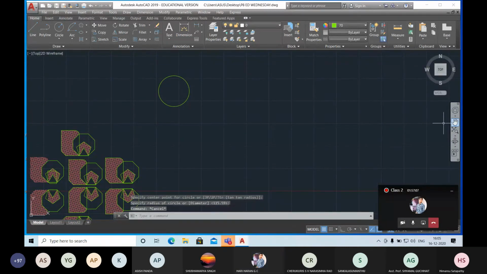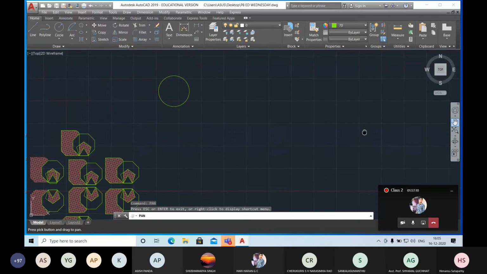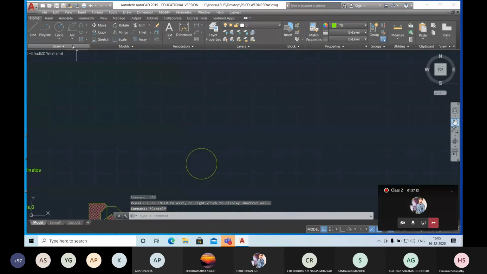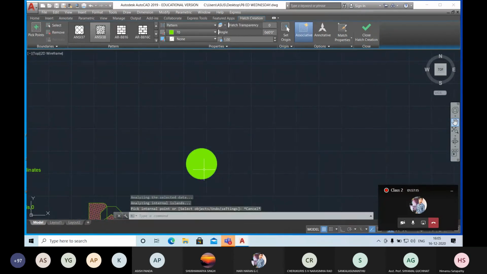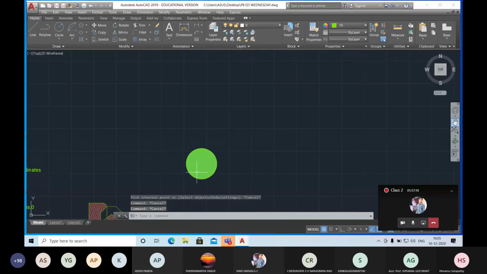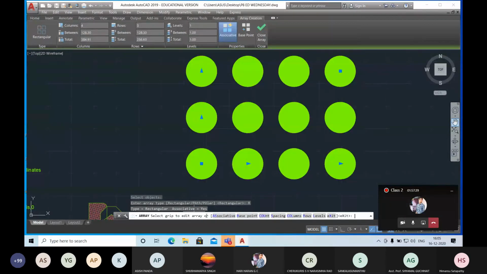If I draw a line like this, you see this, I just draw a line, I just fill this with some color pattern. And if I want to create a table format, then there is a command, array. Array means to create a bunch of drawings. So this is the array command, then select object, then press enter. After selecting the object, when you press enter, you get options like rectangular, path, polar. When you click on rectangular, it automatically creates 4 columns, 3 rows.